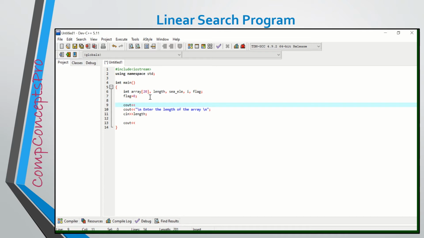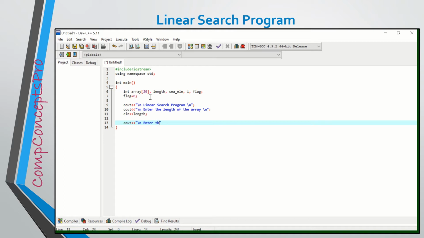Then just to improve the readability of the program, I will use some cout statements. First of all, the heading of the program, linear search program. Then I will ask the user to enter the length of the array and store the value inside the variable length. So this will be a user defined length of the array, and it should be less than 20.